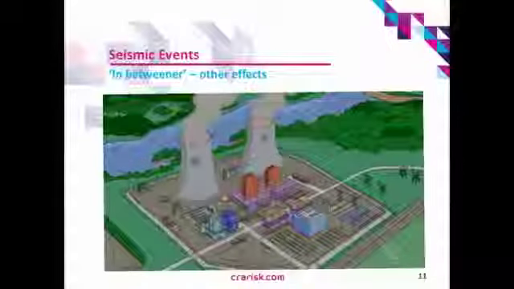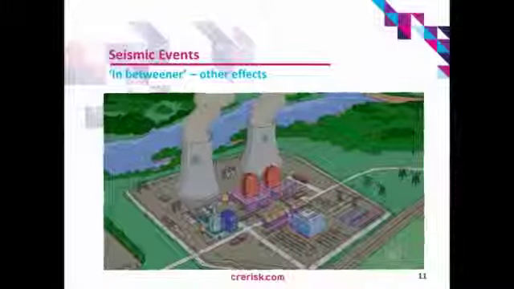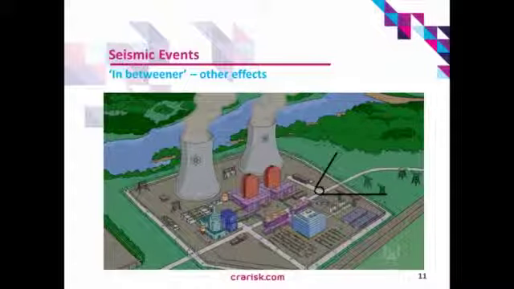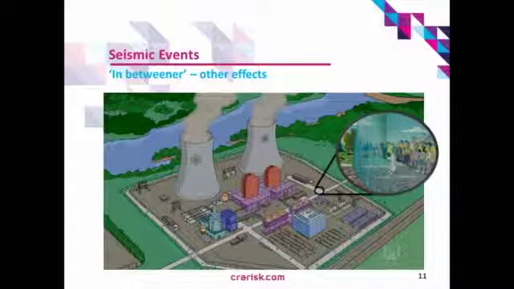Aftershocks. You don't just get one seismic event, you get lots and lots of small tremors afterwards. And they can do lots of things. Primarily, they're a barrier to your local operators. So your operators are not necessarily going to be able to get from A to B the way they used to. When aftershocks happen, they're going to have to stop everything and get undercover. So that's going to really limit your local recovery opportunities.